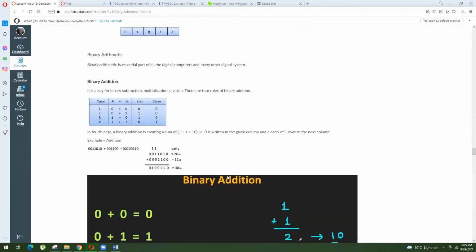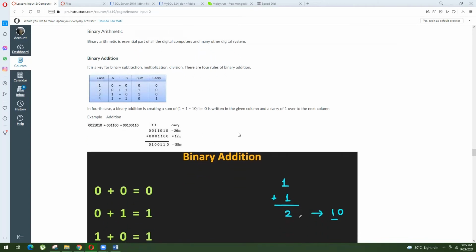Binary arithmetic is an essential part of all digital computers and many other digital systems. For binary addition, we have the following table of rules. It is the key for binary subtraction, multiplication, and division. The four rules of binary addition are: case number one, a plus b. If a is 0 and b is 0, the sum is 0. Okay, we do not carry anything. Case number two, if a is 0 and b is 1, the sum is 1. We do not carry anything. If a is 1 and b is 0, the sum is 1. We do not carry anything. If a is 1 and b is 1, the sum is 0, and we carry over 1 to the